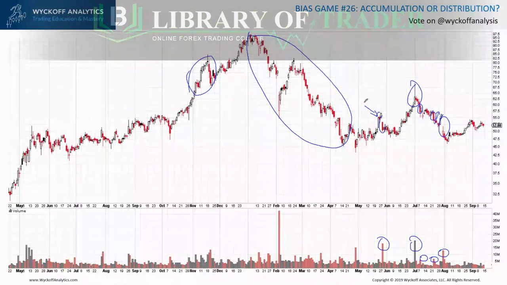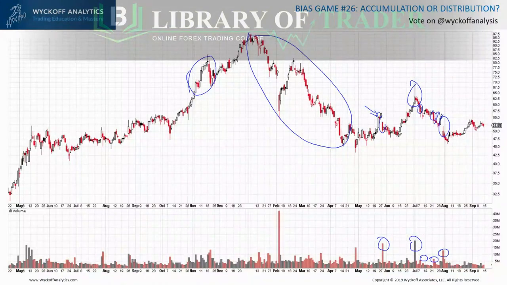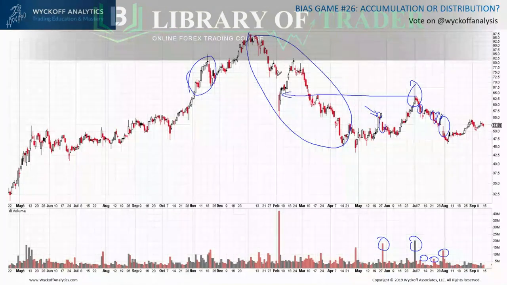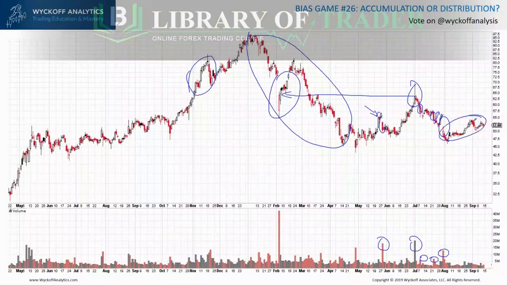As we look at the attempts to go up, there is definitely some selling happening. That does not allow the price to go up significantly, and it stops it at some points that were very important before. And the latest rally is extremely weak.